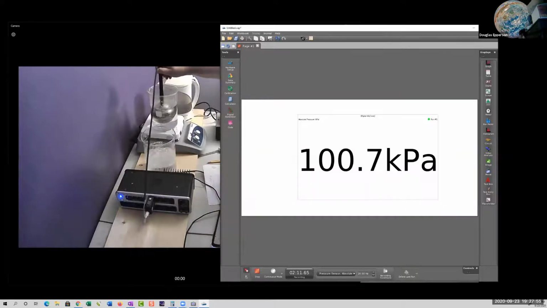Okay, so second run, 100 degrees Celsius. I see a chat, but I can't get to it yet, but I will in a minute. If you ask a question verbally, I'll answer it. 100 degrees Celsius, 101.6 kilopascals. There we go. So now it's under equilibrium. 101.6 kilopascals, 100 degrees Celsius.